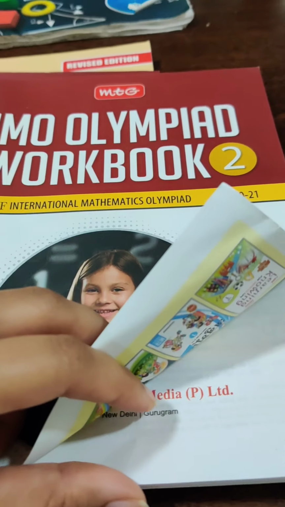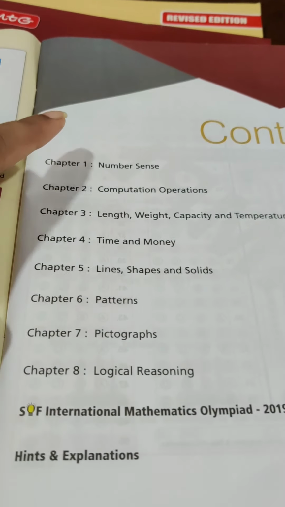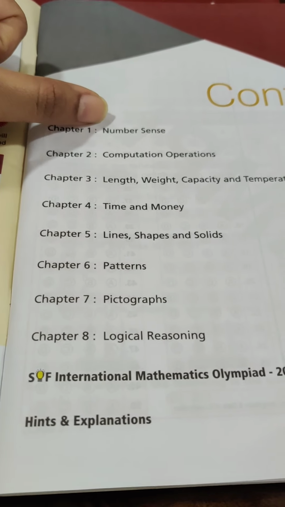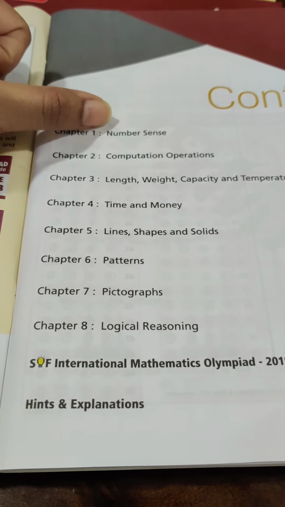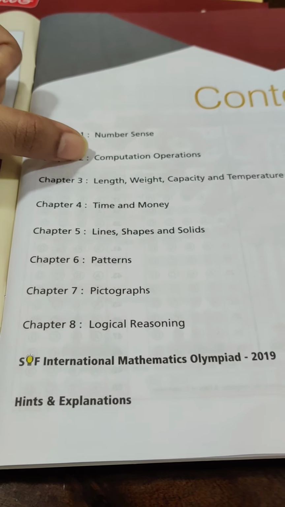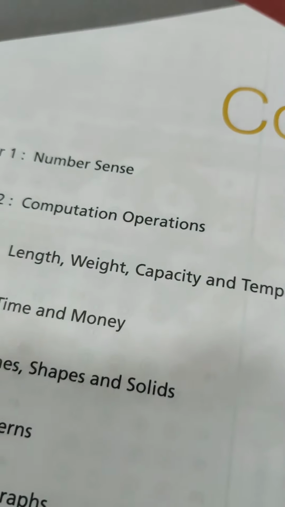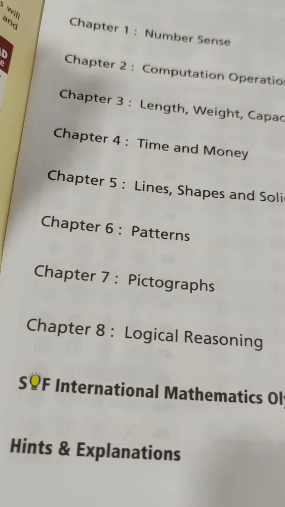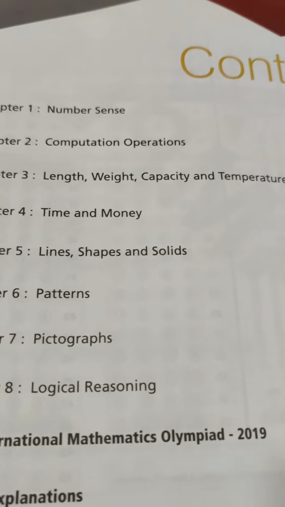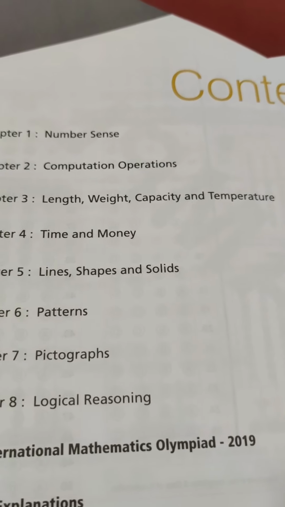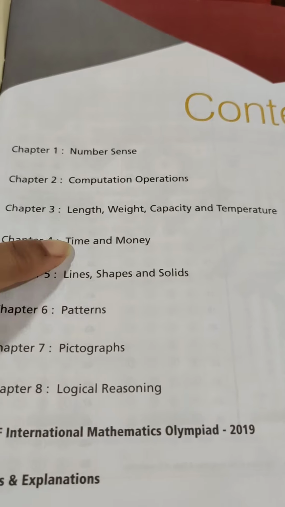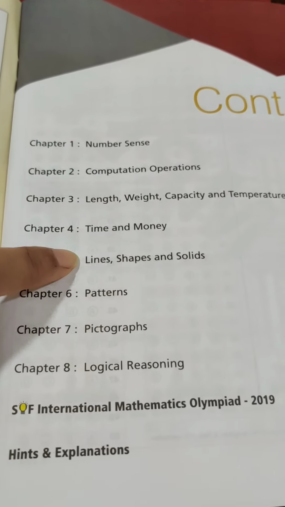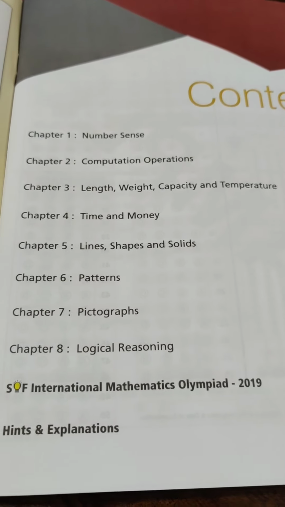Let's quickly have a look at the contents. So these are the topics that are covered for grade 2 kids. The first one is number sense, second one is computation operations. In computation operations, the concept of addition and subtraction is introduced. Then comes length, weight, capacity and temperature, time and money, lines, shapes and solids, which is actually